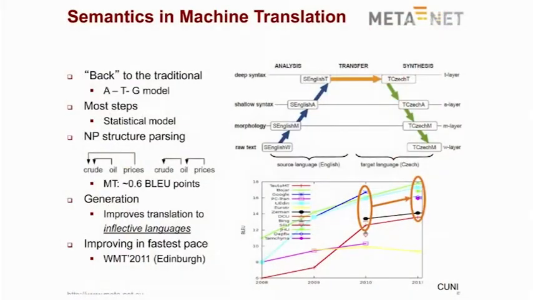The other possibility is to actually do not just anaphora resolution, but try to resolve many of the semantic relations that are actually present in the source text. And one of the systems that is doing just that is the so-called TectoMT system, which is trying to analyze the input sentence in full swing, both in the syntactic and semantic relation part. So what we have achieved in the first year was another improvement in the automatic metrics,